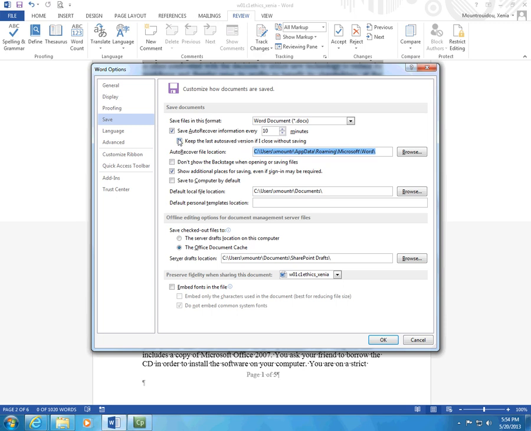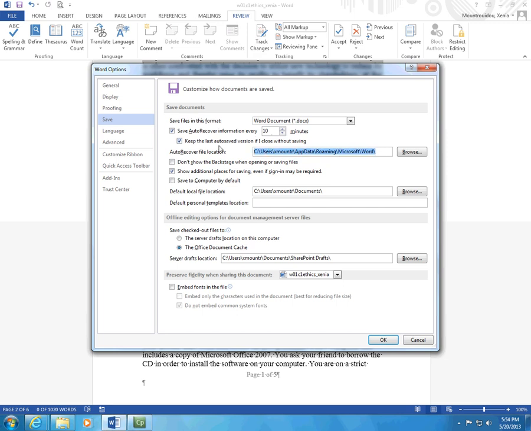So it's important to have checked these options so that you can recover your documents if electricity goes down, or if your laptop battery dies, or if your tab battery dies. And the file location is here,